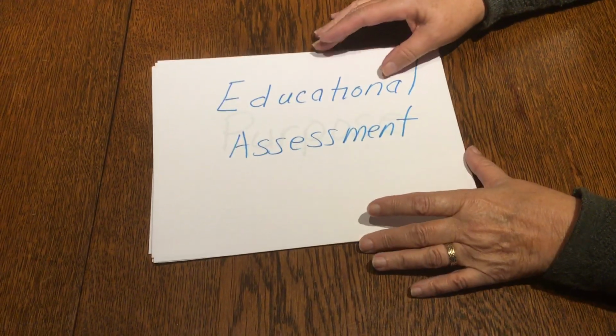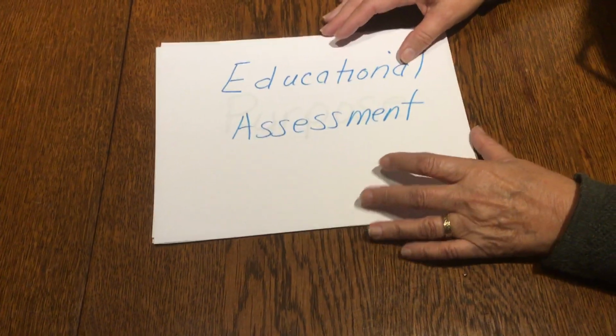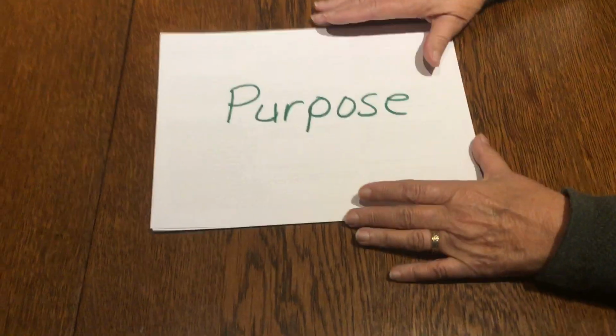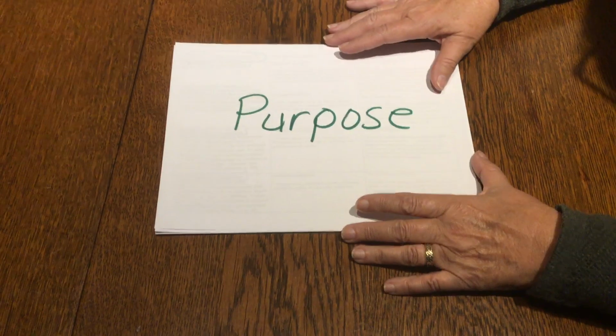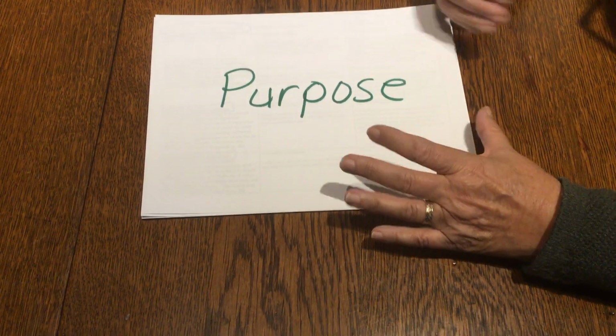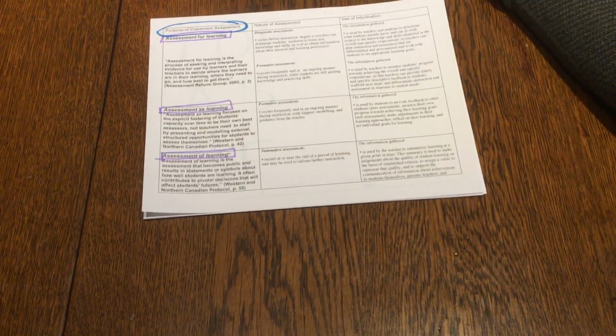What I want to do in this video is just a review to make sure we understand the purpose of assessments and those small words as, for, and of. We've decided with Rick Stiggins' input that all we need to know when we're doing assessment is what is our purpose. And you'll notice that in the Growing Success document,